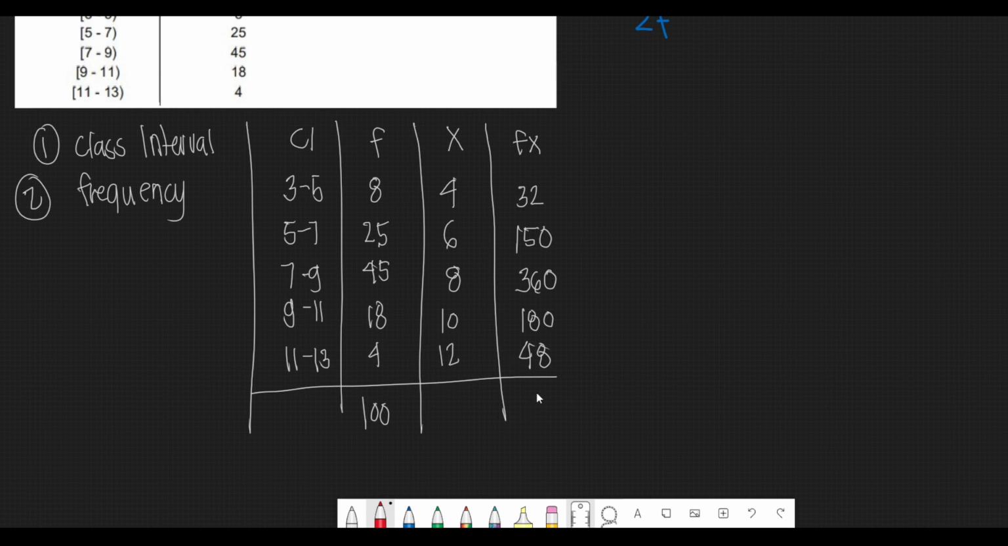So the sum of this column should give us a result of 770. Okay, let me change the ink for that. 770. So it means that our weighted mean is equal to 770 divided by 100, and that would give us a result of